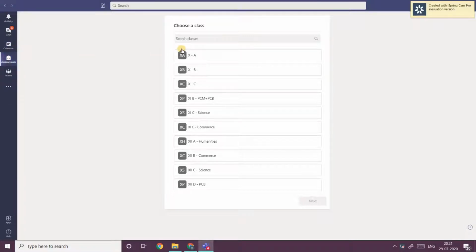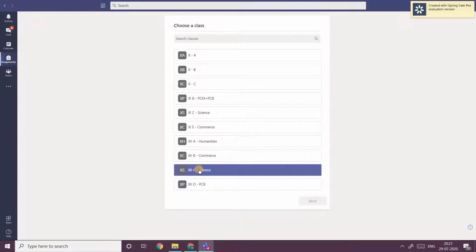To do so, we have a left panel here where we have a tab saying Assignments. Once we click here, we are able to choose the class to which we want to give the assignment. All the teams for which you are owner will be visible here. For teachers teaching 11th and 12th optional subjects, we will also only be able to assign the assignments through these teams, not through the channels through which we are scheduling the class.